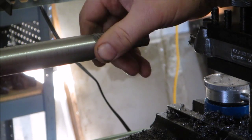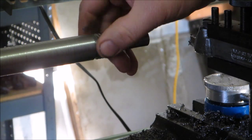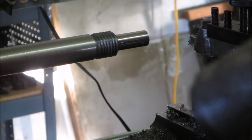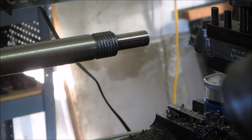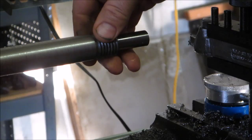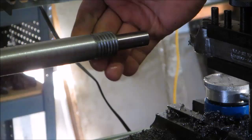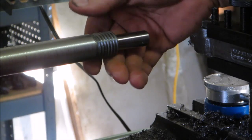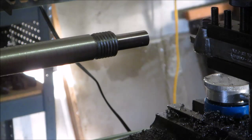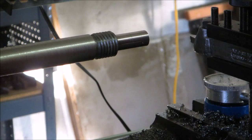It was an inch 8 thread. If I would have known that I could get a nut that was an inch 14, I probably would have gone with a little bit of the finer thread, but it didn't turn out too bad. And I only really almost messed up once when I was getting a little tired and didn't quite wait for the right number to come around before engaging